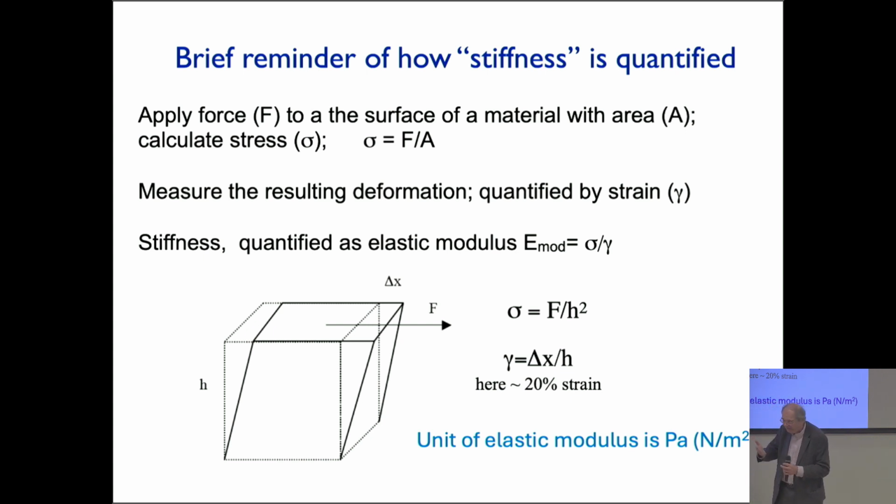In experiments, the amount of force depends on the size and shape of the object you're deforming. So to get rid of that geometric complication and get a real intrinsic material property, there's a little bit of geometry to be done to get real material constants. So rather than talking about forces, the relevant idea is a stress, a force divided by an area, and the strain is a unitless parameter that tells you something about the deformation. The stiffness number that I'm going to show you in the next few slides is always an elastic modulus. It's the ratio of the stress divided by the strain.